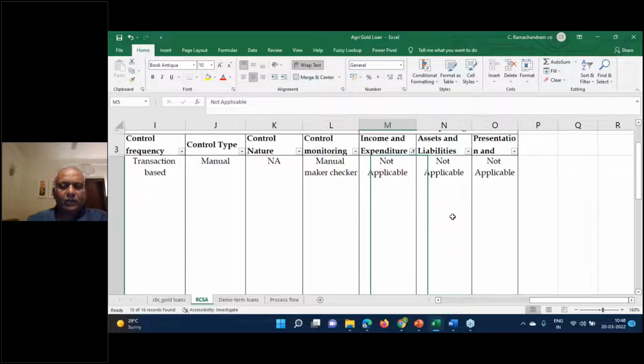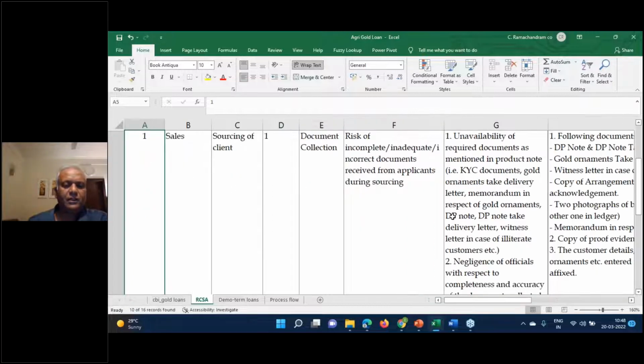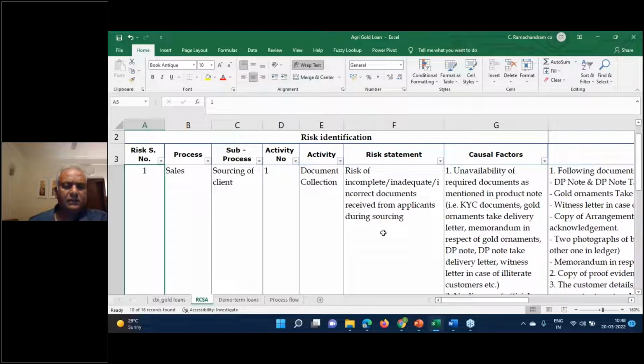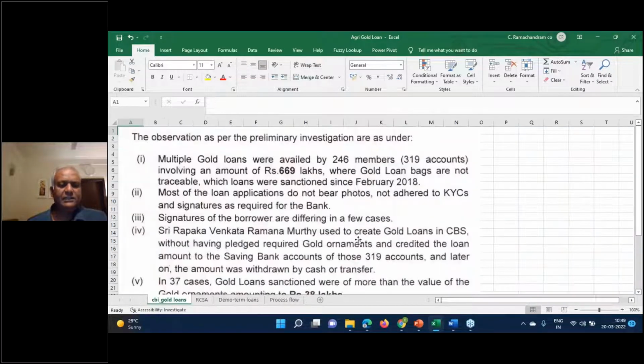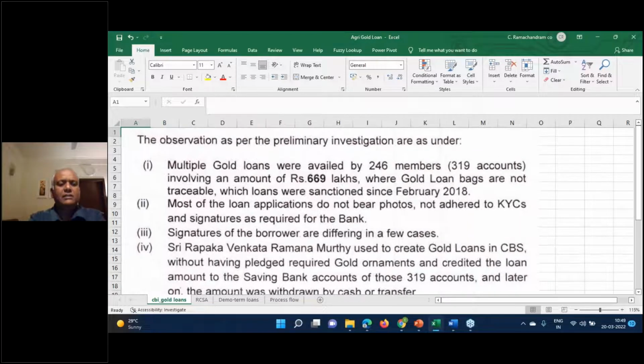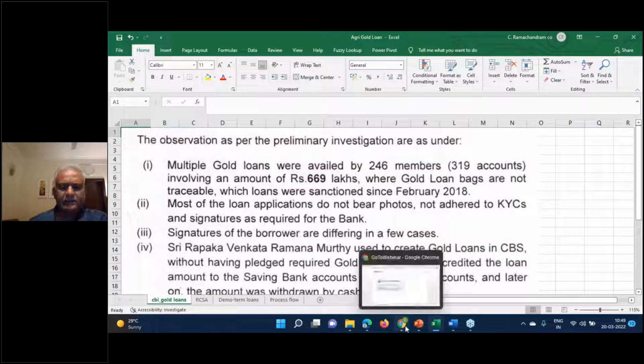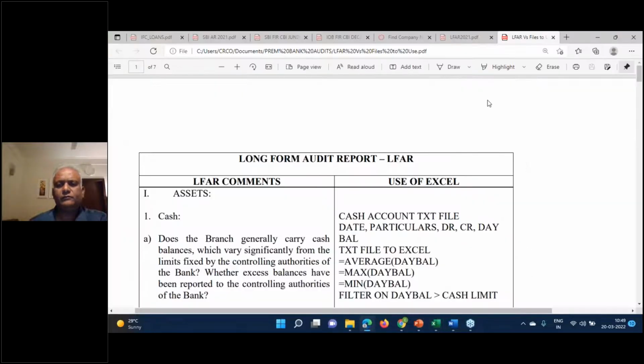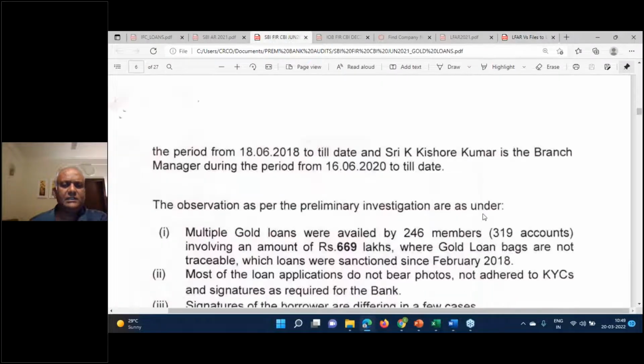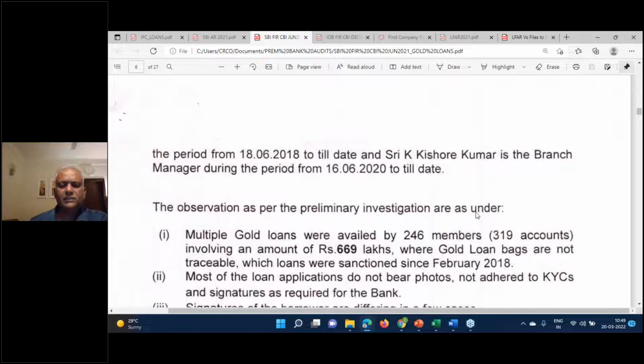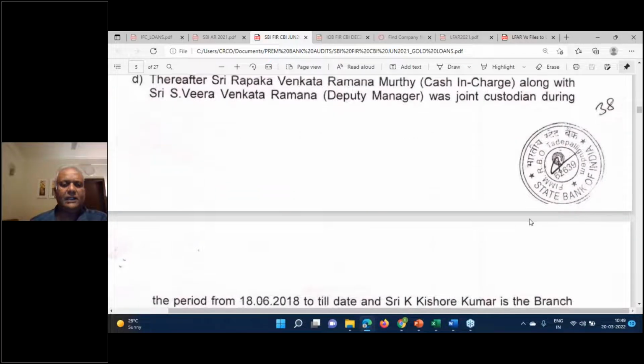Now I hope you are clear with what is internal financial control and what is a risk control matrix. Now come back to the case study. This is a case study where SBI has filed a case in Visakhapatnam very recently. For your seeing is believing, I'll just display. This is the State Bank of India, which has filed a case